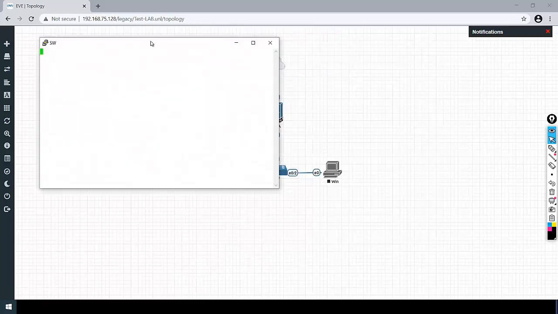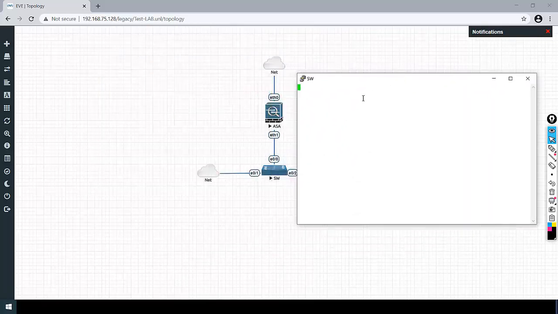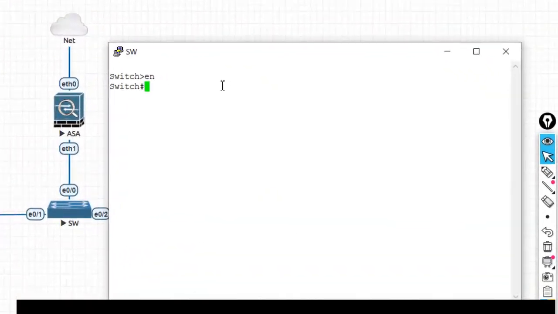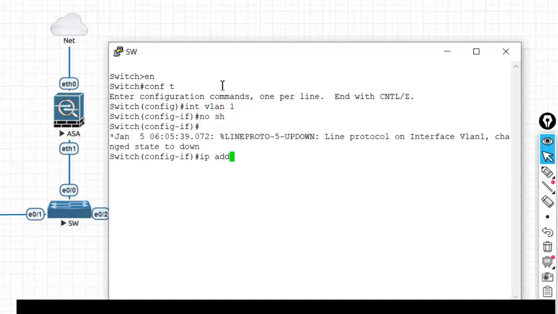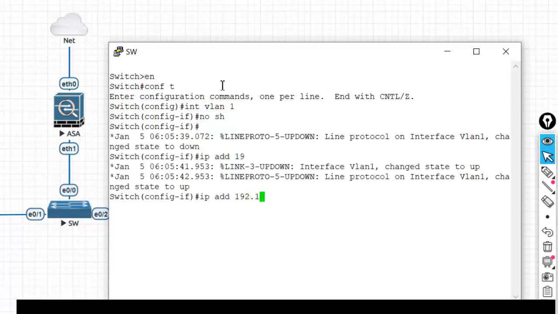Let's configure the switch first. Okay, so we have already used the IP 192.168.112.1 on our VMnet 1 and .2 on ICE. So we will be using interface VLAN 1's IP as 192.168.112.3 with a subnet mask of 24.